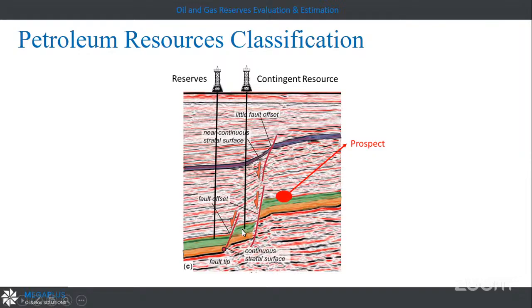So it will be considered as contingent resources. Maybe the technology is not supporting producing it. Maybe the oil and gas pricing is not supporting this production right now. So we will wait. Maybe I can produce it in the future. And if I have a volume not discovered, not intervened by any exploratory well, but I have the geologic setting, I have the play, I have all of the clues that I have hydrocarbon right here, but not yet discovered, we call it prospect.